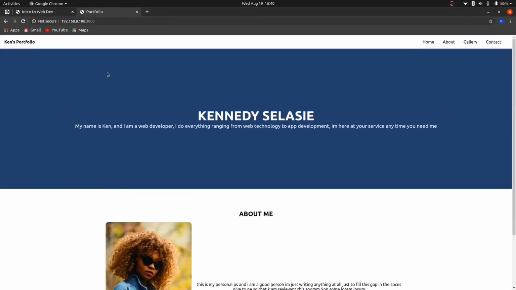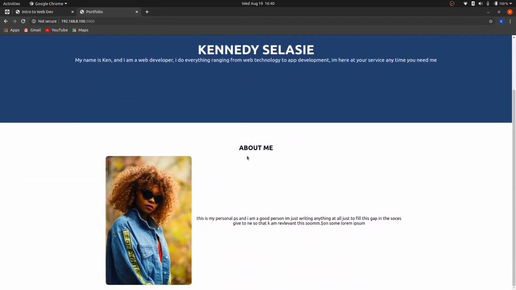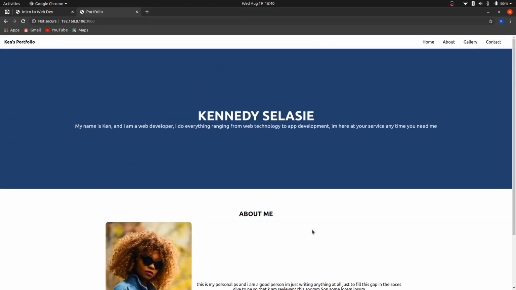So this is a page where I have a navigation here, and I have some title and then something small about myself. About me, I got a picture. I don't know her from anywhere. I just took a random picture and I wrote something too small. This doesn't make any sense, but I just wanted to build this so that in the course of us building,